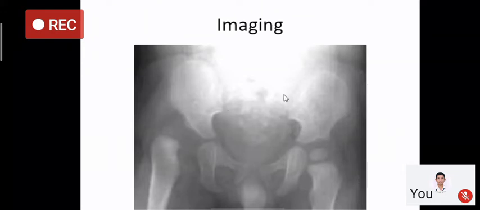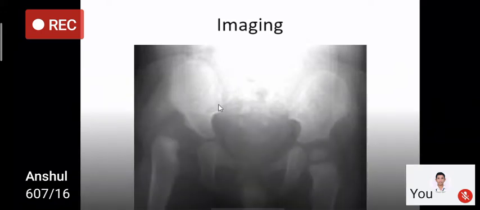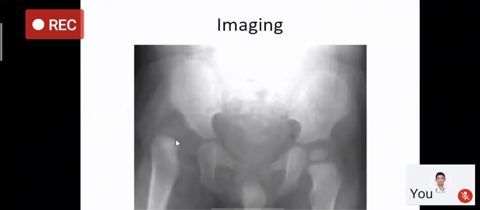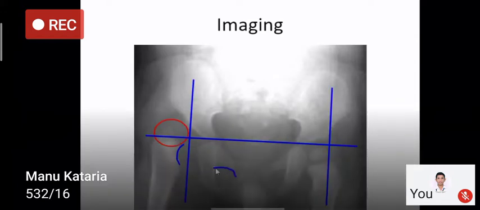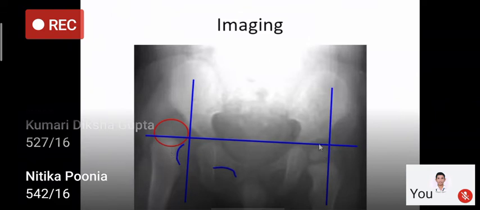As you see, the innominate bone is again atrophic, and if you pass the Hilgenreiner line and Perkin line, the head is in upper and outer, so it is dislocated. These are the different signs. It's in upper and outer. Shenton line is broken, and these are the different lines.